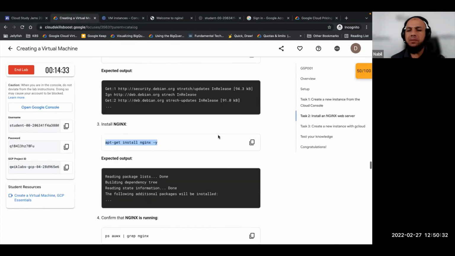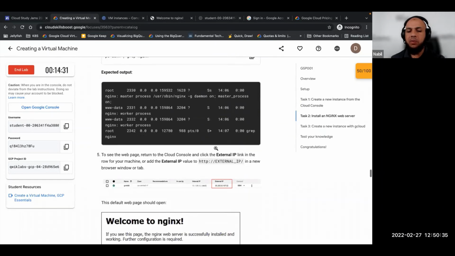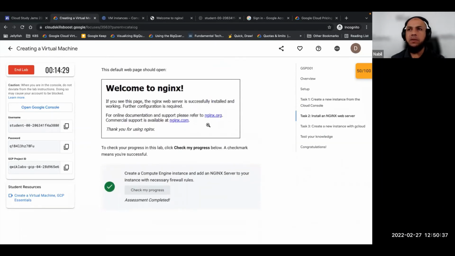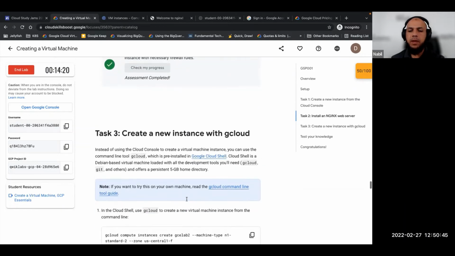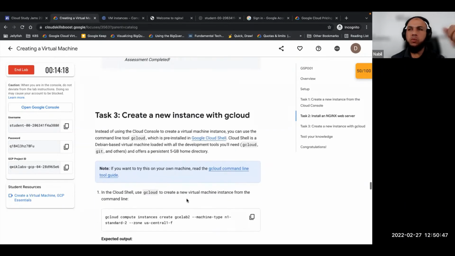So have we got everybody having this progress, having the Nginx server running? Okay, great. The next thing we're going to do, whatever we've done now through the console, we're going to do it on the